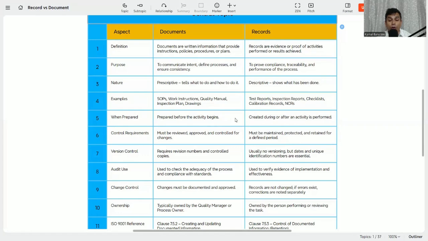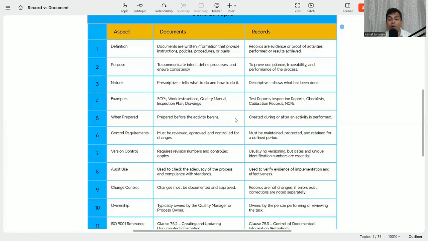The nature of documents is prescriptive, that is, it tells what to do, how to do it, and also what not to do. But records are descriptive in nature, showing what has been done. That means a document tells what you need to do, how to do it and what not to do, but a record is what has already been done.